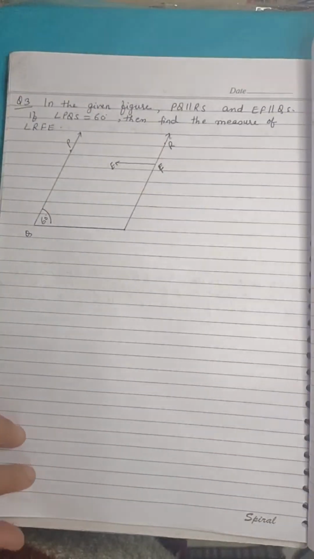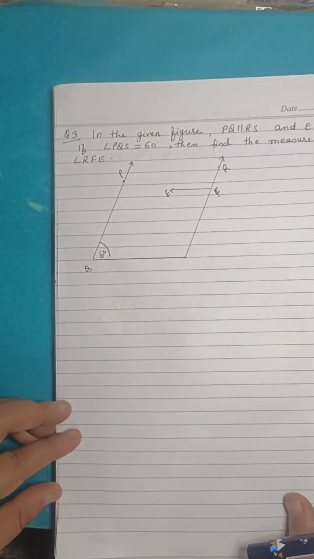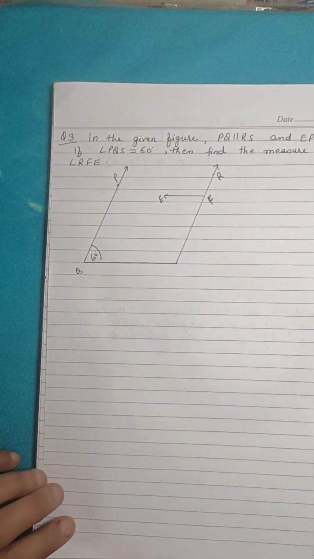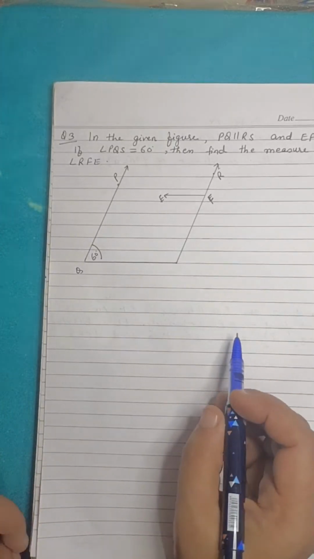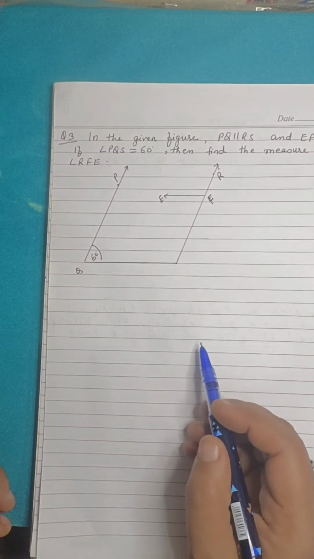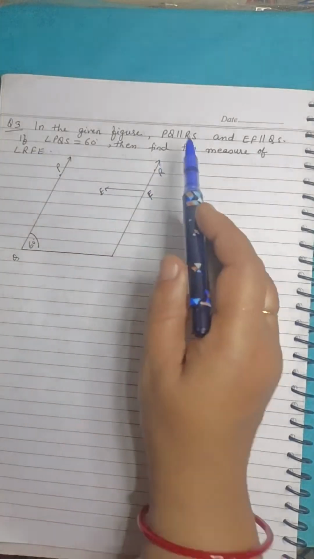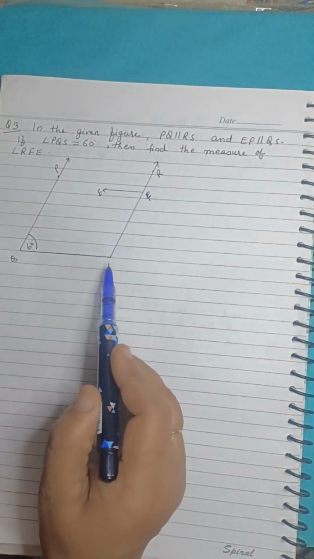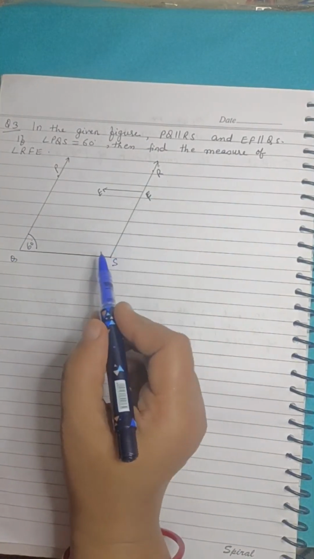And MCQs you can always understand with the help of long step-wise questions. So one more question is there. If you have any question from your end, you can give me that question also. I will help you to do that question also. So this is one of the questions. You just read this question. In the given figure, PQ is parallel to RS and EF is parallel to